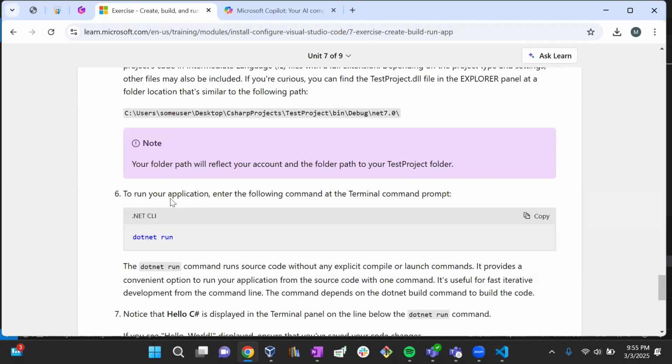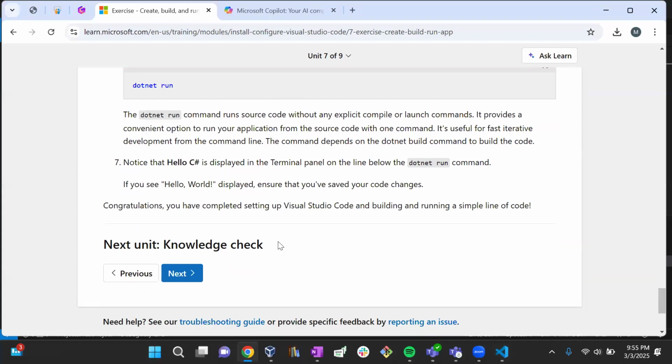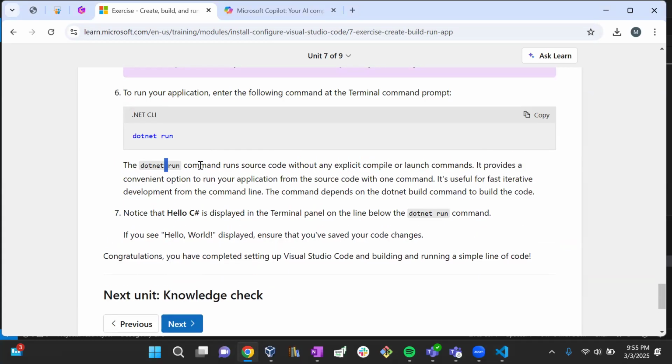Okay, yeah. I see where we made the mistake. We built and our code built with no errors, but we didn't run. So the next step is running now. Let's see. Good morning, world. And you can see our project is running. So the command